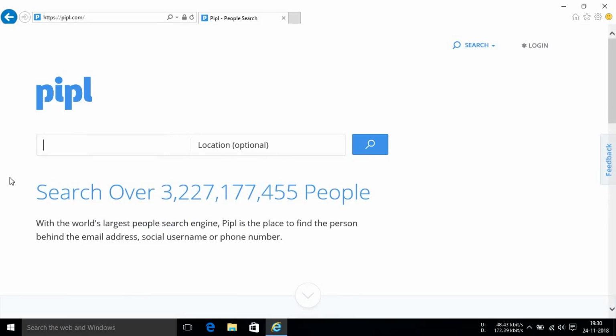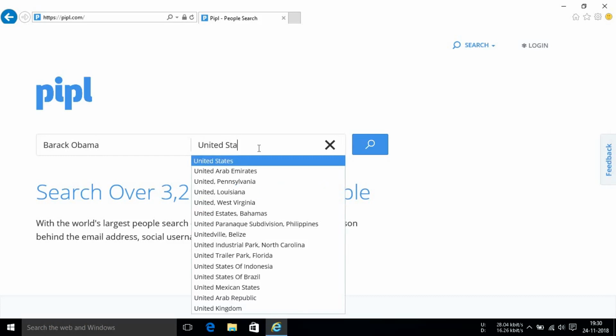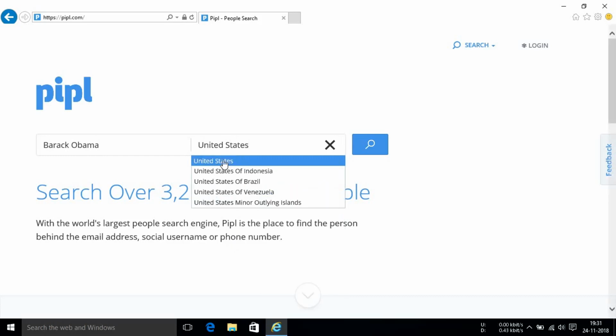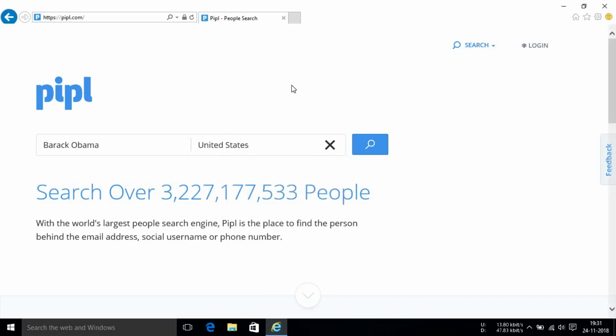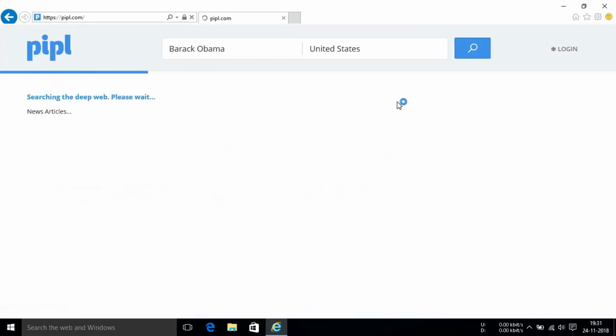and here it gives you the simple interface. It says that search over how much, I can't even count, sorry for that. But let's say, for example, we want to search for a certain personality, let's say Barack Obama, and let's say we put in the country over here, United States, and you see that US has appeared from the drop down list. The name is Barack Obama, the location is United States, and if you simply tap on search,